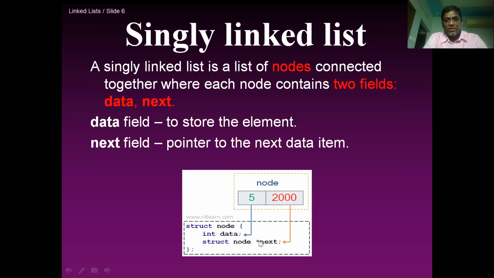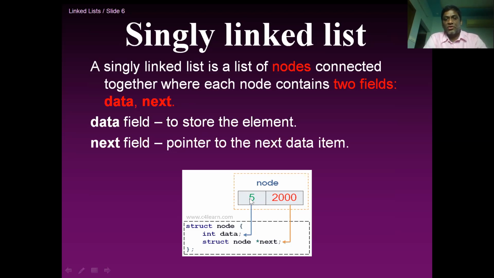This is a pointer to a node, another node. Struct node star indicates that this is going to be a pointer to another node. The data type is declared as int here. You can declare any data type here based on your requirement. If you want to store a float value, then declare this as float data. If you want to store a character data type, then declare this as char data, and so on. So based on the data type of your linked list, use that corresponding data type while creating the node.